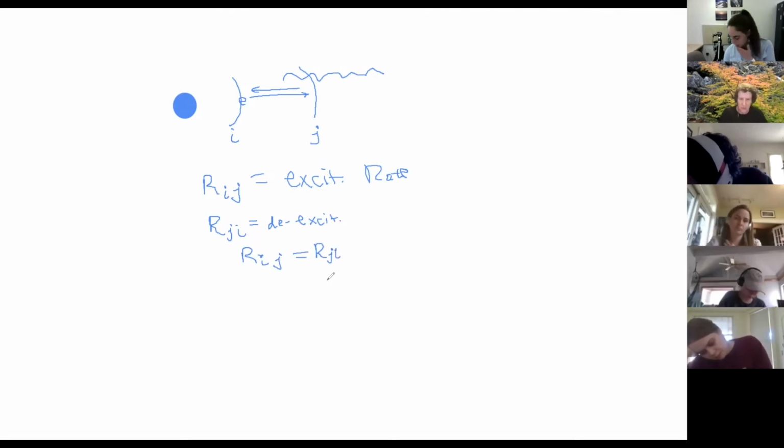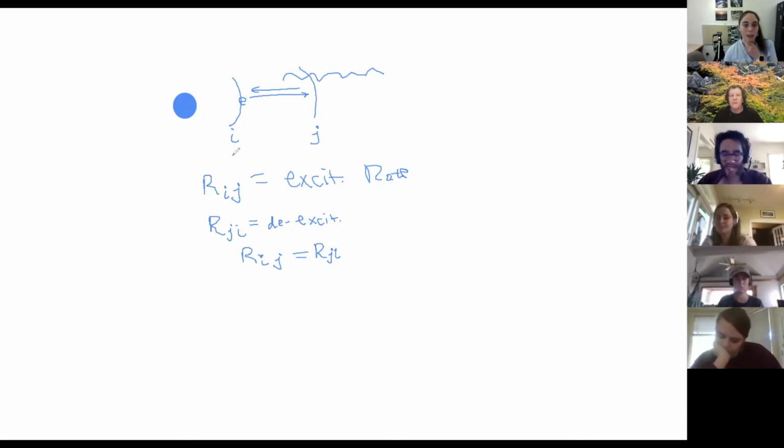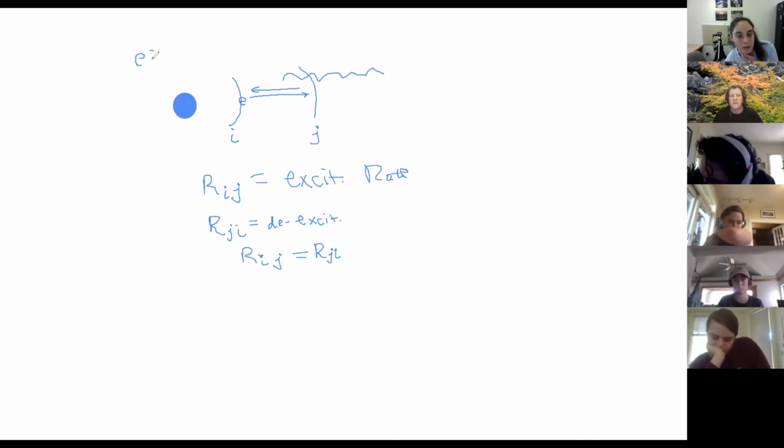And we can make some models, we can use some physics to predict how frequently we expect these different things to happen. So for excitation, we expect excitation to mainly happen when free electrons or free hydrogen atoms bump into this. So there's going to be collisions with free electrons bumping into this that will cause both excitations